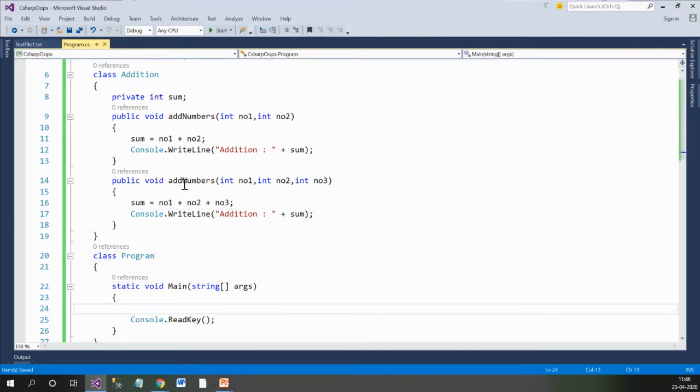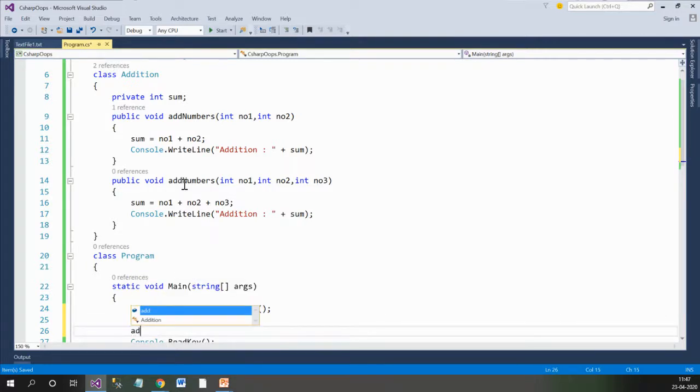Now let's move to main. Create the object of addition class. Addition, say add equals to new addition, and add dot add numbers. Initially I will pass two parameters, that is 2 and 3, and in the next run I would pass 2 comma 3 comma 5. So what is happening